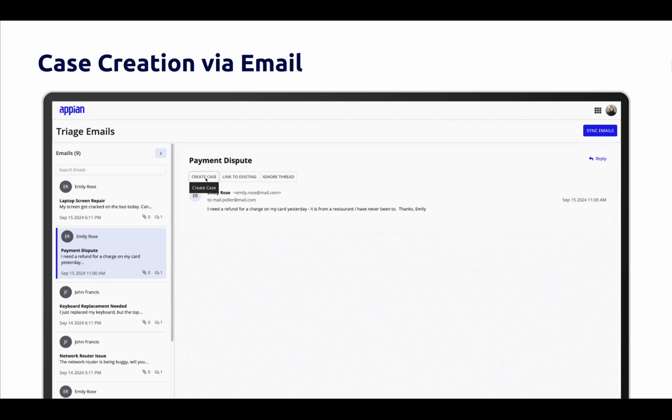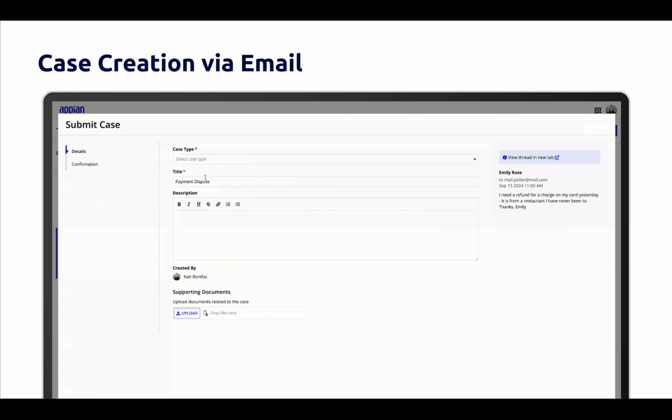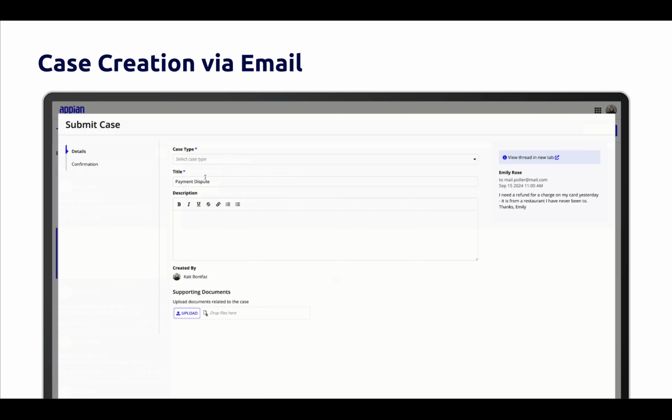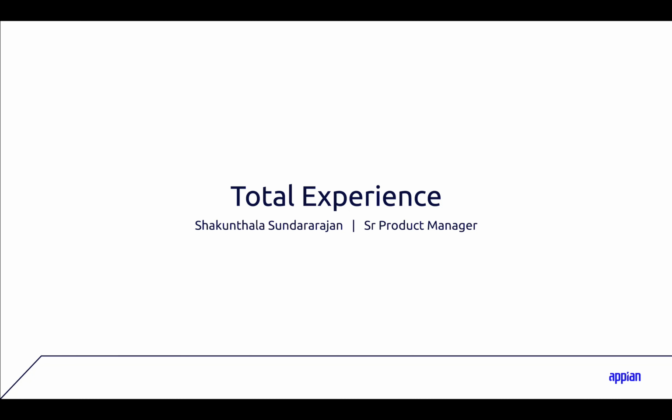Now I'm going to turn it back over to James so you can learn more about the other great features coming to the platform with this release. Back to you, James. Thanks, Tien. Really happy to learn about Appian Composer and can't wait to see how you guys iterate on the capability after its preview release. With that, let me hand it off to Shakuntala Sundararajan, Senior Product Manager, to share about some of the total experience updates we have coming in Appian 24.4. Shakuntala, over to you. Thanks, James.